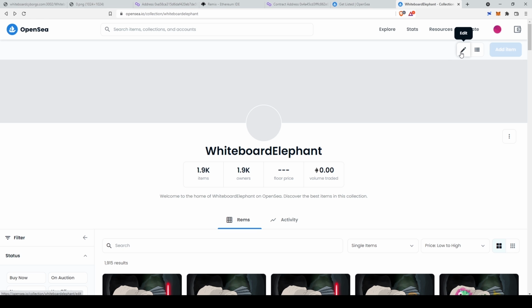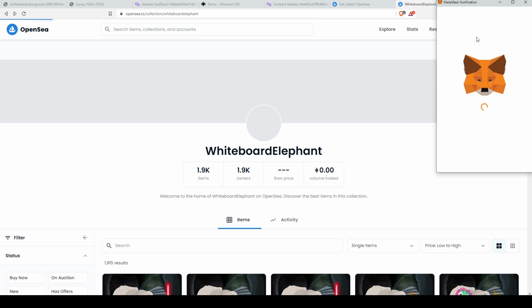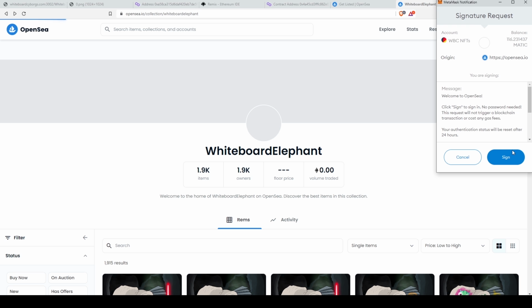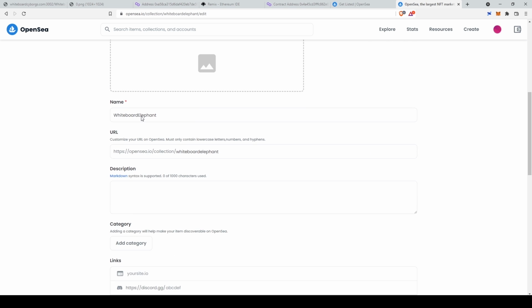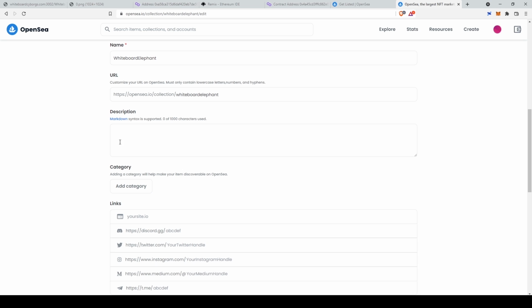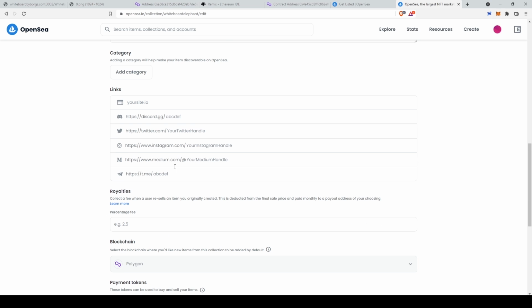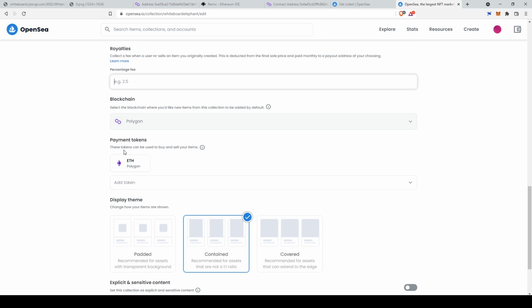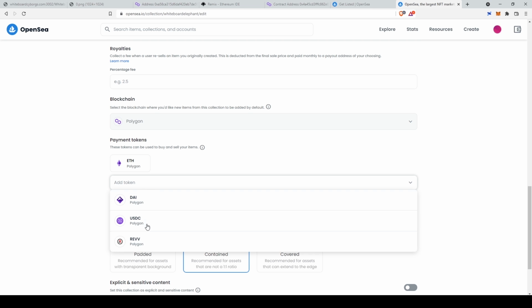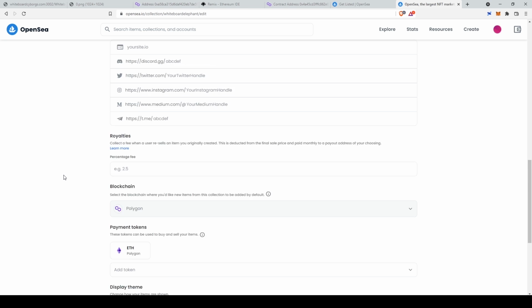And now you can obviously click on this little edit thing here. This little transaction is actually saying, hey, I'm actually the owner of this collection. And that's why we had to put our addresses in the smart contract. But here I can actually add logo images. I can change the name. I can change the URL, the description. I can even put links to like the website and the Discord. And I could even set up a royalty. So whenever someone sells one elephant to another person, I could get 10% of that transaction. The last thing on here is that I can actually change which tokens that people pay with. So this is a really cool feature, and I'm going to mess with this later, but I wanted to show